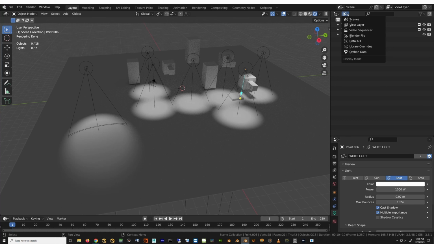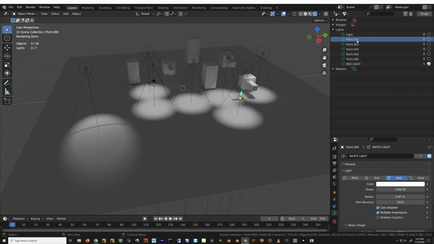If you come up here and look at orphan data, this will give you a list, sorted by data block type, of all the things that are currently orphans in your scene. So I'm going to open lights here and have a look at what's going on. All of these light data blocks are orphans because